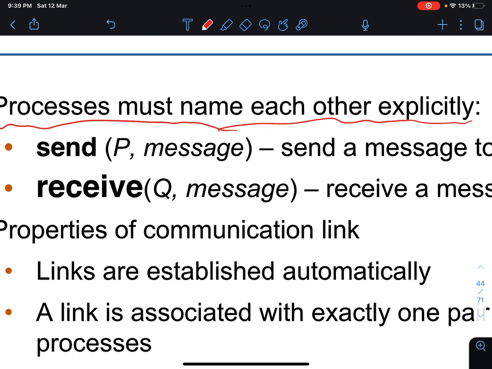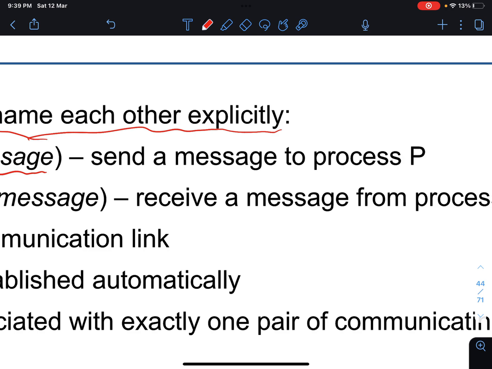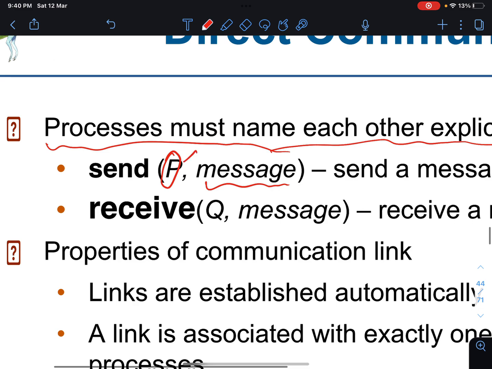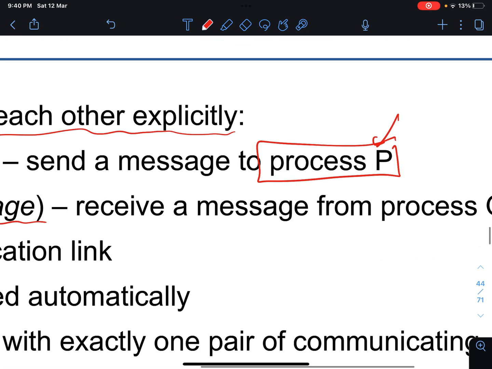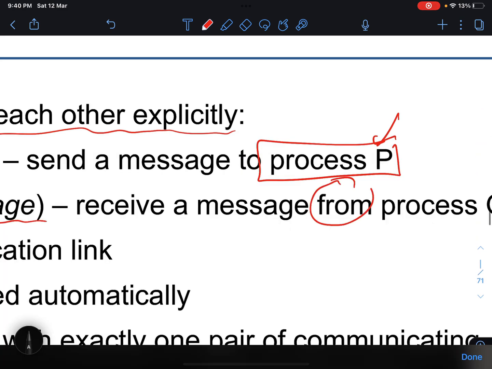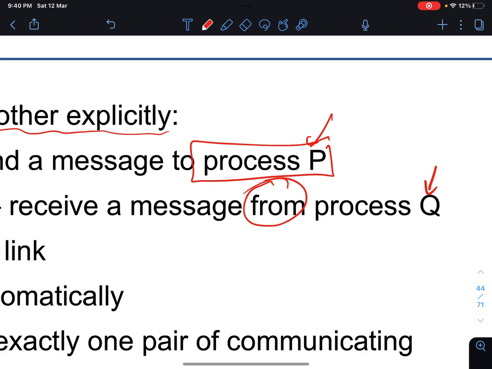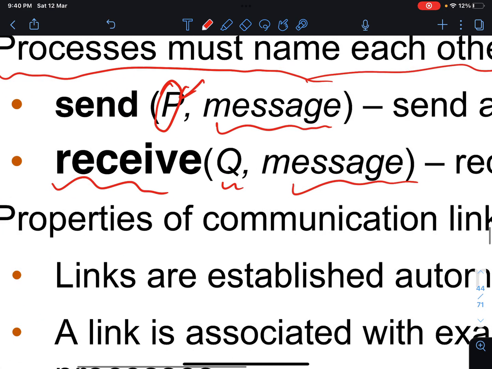So send P, message: you want to send a message to process P, so the destination is P. Receive Q, message: receive a message from process Q. So Q is the sender. Q here is the source, P here is the destination. So send destination message, receive source message. Do you see?